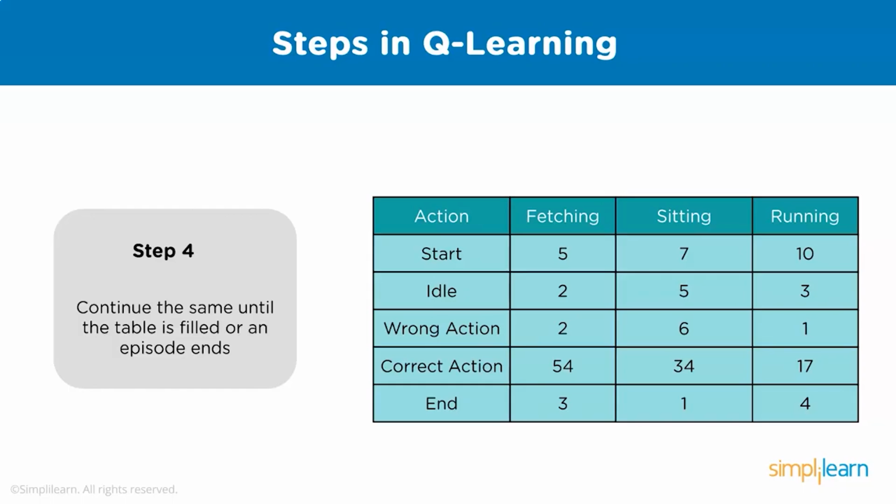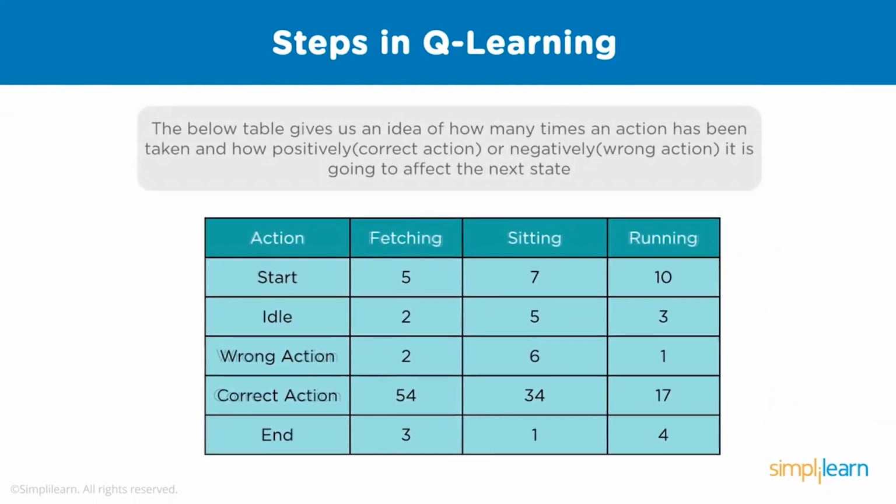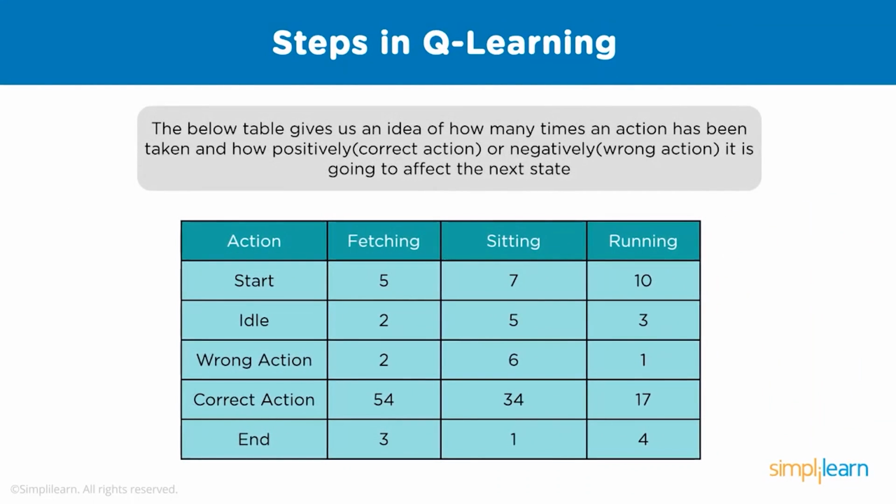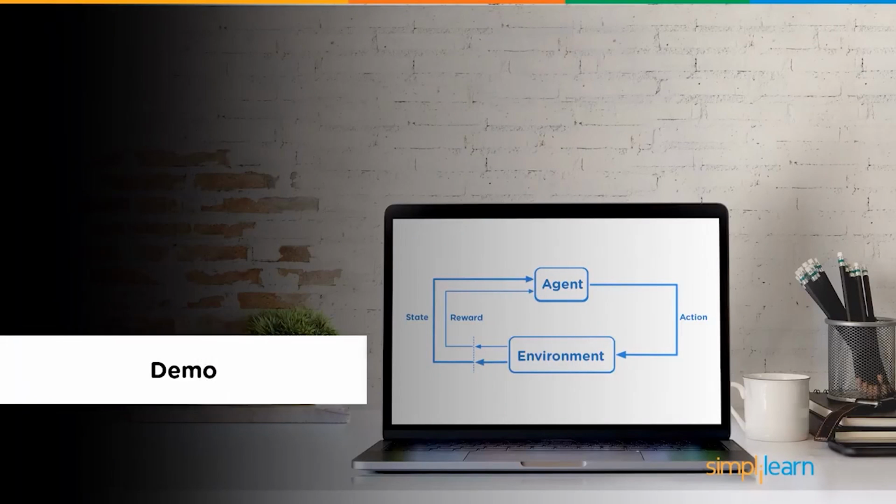And then that gets your random setup in there, and then as you slowly increment these up, you see that if you're idle, where's one? Here we go. Sitting at the end. If you're at the end of wherever you're at, sitting gets a reward of 1. Where's a good one on here? Oh, wrong action. Running for a wrong action gets almost no reward. So that becomes very, very less likely to happen, but it still might happen. It still might have a percentage of coming up. And that's where the random programming and Q learning comes in. The below table gives us an idea of how many times an action has been taken and how positively correct action or negatively wrong action it is going to affect the next state. So let's go ahead and dive in and pull up a little piece of code and see what this looks like